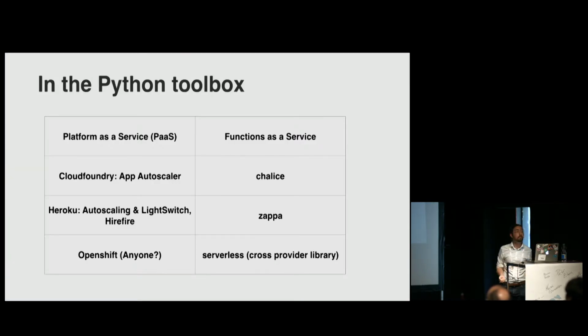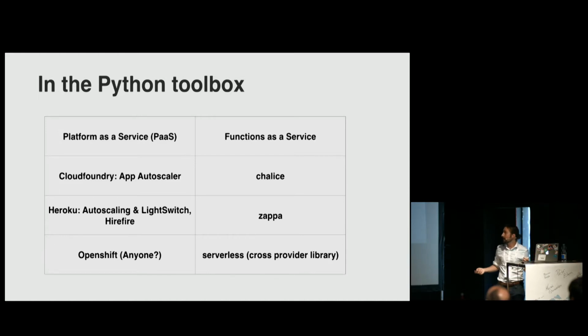And I said this could be about Python. So these are some of the tools that you might actually want to look at if you're working with Python. If you're looking at platform as a service, these are the common things here. Cloud Foundry, the open source platform as a service system, has an auto-scaler built into it based on load or usage time, things like that. Heroku, if you pay for the high-performance dynos, you get it automatically for free. But there's also third-party add-ons which will just switch things off at like 6 o'clock when most people have gone home anyway.